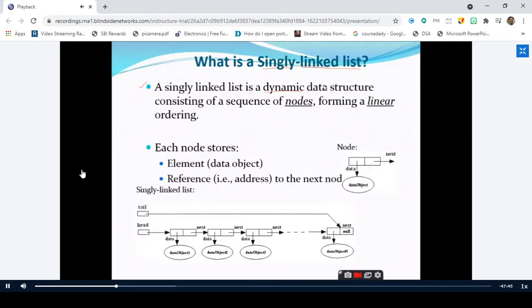Other than this, we have the nonlinear data structures where the operations are not performed in a sequential fashion, such as trees and graphs. After this linked list and hashing part, we will go and discuss the trees part. I don't know why they have removed the graphs concept from the data structures syllabus.